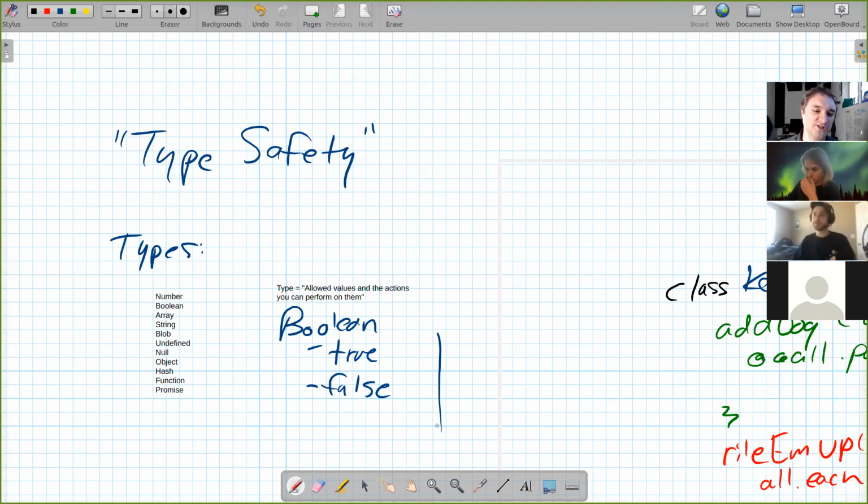What kinds of operations can we perform on a Boolean? I mean, like change state, so change it from true to false or false to true. Sure. So like negation. What else?